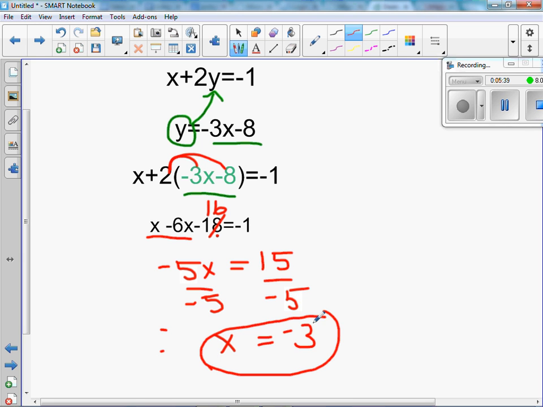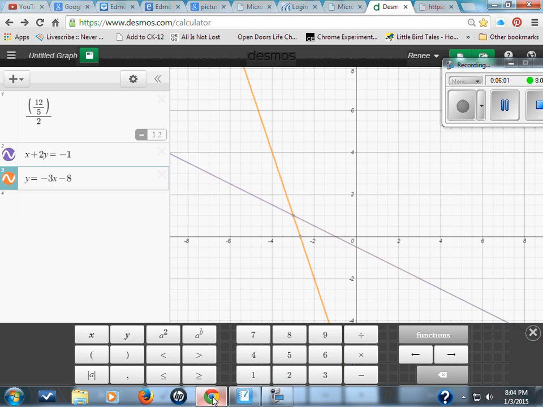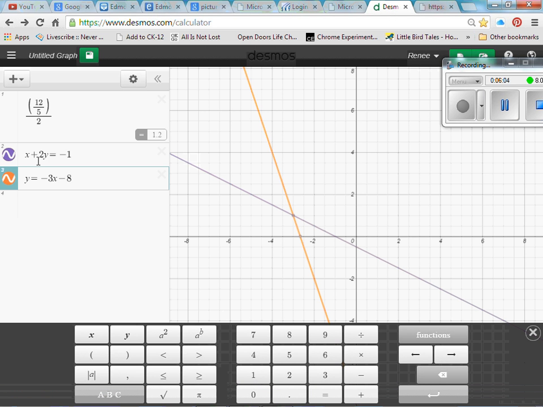X is -3. A lot faster, a lot easier. Just put -3 in for X. We've got where it intersects. When I substituted the -3 for the X, I have Y is 1. So X is -3, Y is 1. Now let's look at our calculator online. You see I have it typed in: x plus 2y is -1, that's the purple line here. The orange line is the second one, y equals -3x minus 8. In this calculator, you don't have to put it in y equals form. It will still graph. And the intersection is